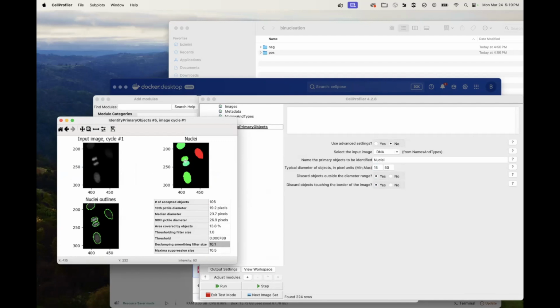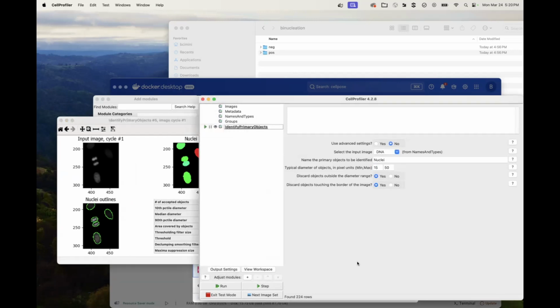two different things. They're just very similar in the color scheme. This one says it's object 52 and that one's object 53. Awesome. And one thing to note here is that by changing the typical diameter in our simple mode, there are things happening under the hood, default assumptions CellProfiler is making to help segment those apart.